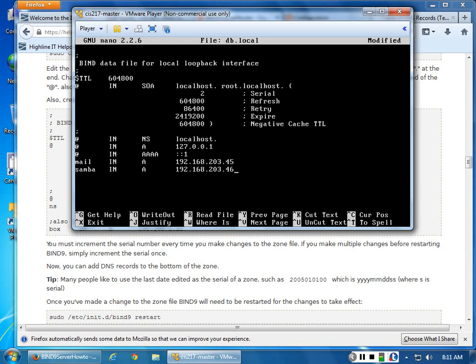Make sense? Maybe kind of, sort of? All right. So all you're doing is basically saying this IP address equates to this name. That's all you're doing. It's a shortcut. So alias records are actually really kind of cool. Now if you wanted to be kind of interesting, mail dot